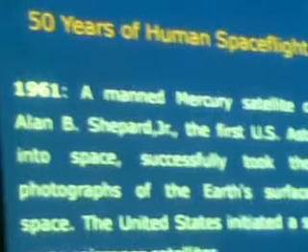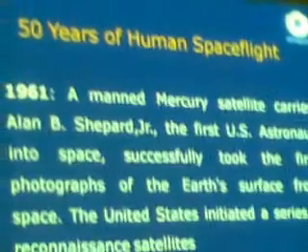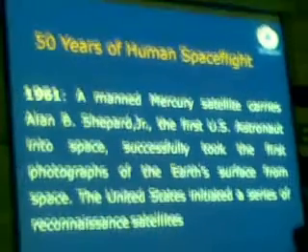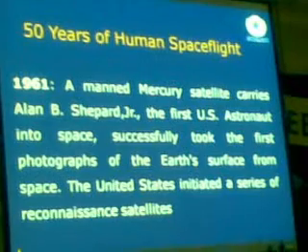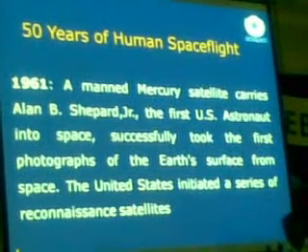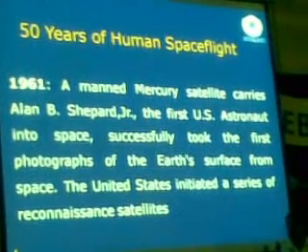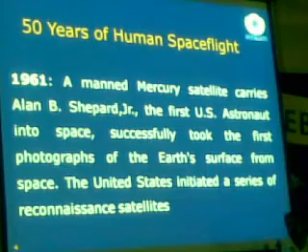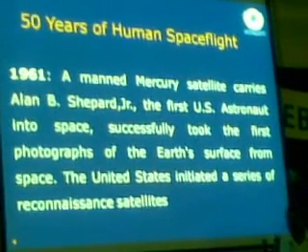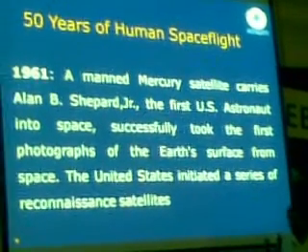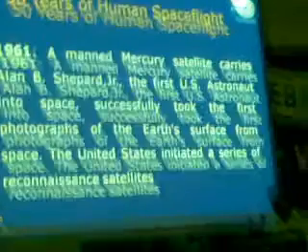This is the first remote sensing image, taken from the manned satellite called Mercury of the United States in 1961. They took a picture of Earth for the first time from space in 1961. So remote sensing actually started from space in 1961, when we took the first photograph of the Earth from the Mercury satellite.